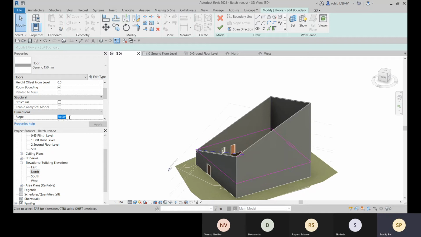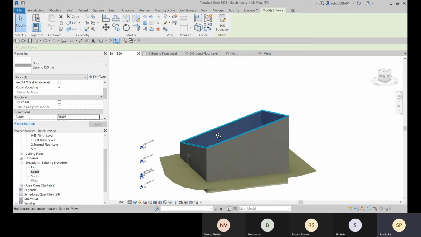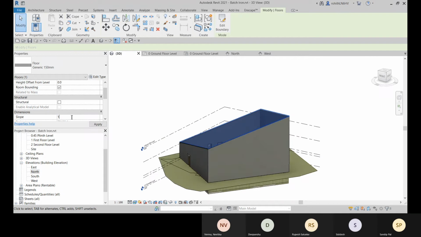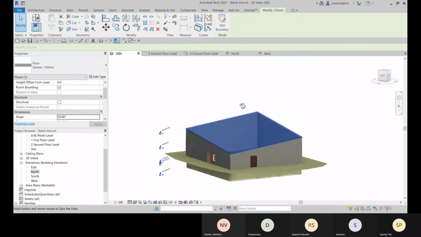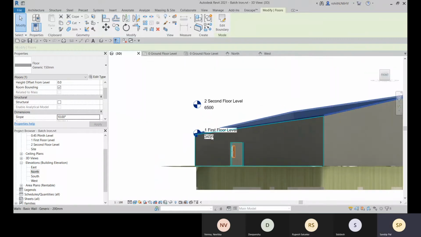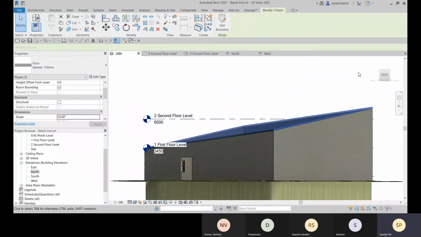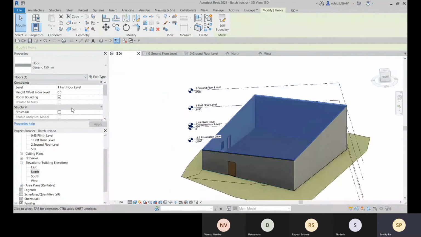Now let me go with 20. Finish. Attached. That you can make the changes. Okay, so from the default, let's see, but from this level, we are providing the slope to this direction. Okay, now